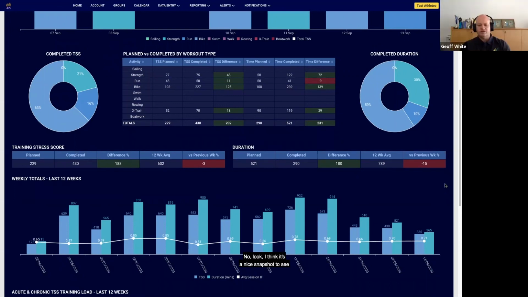No, look, I think it's a nice snapshot to see what's been happening. Although we struggle to have an off season or a pre-season, we definitely have different periods within the year, and it does come down to about 4 different periods. So I think it's just nicely aligned, to be honest, with what our athletes are doing, whether they're in Europe or whether they're back home, and also what looks great, and then what is actually meaningful. Sometimes going back too far, you just start muddying the waters. It's really about what are they doing in the moment, and what's been happening lately and what's coming up.